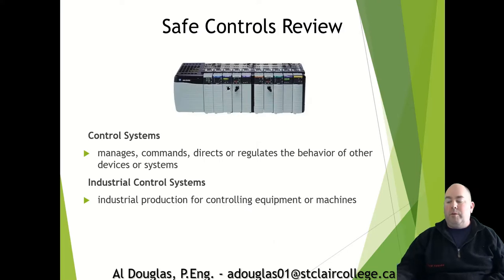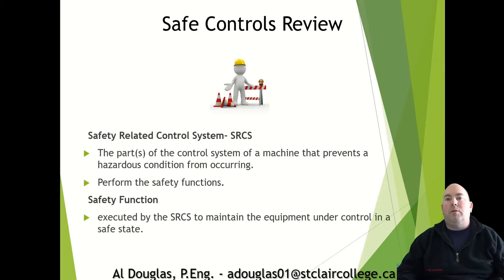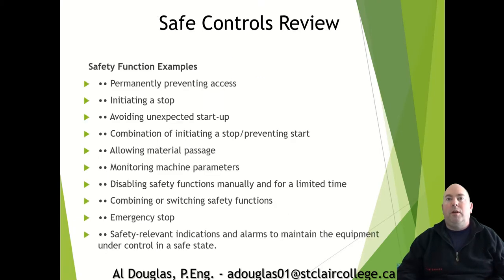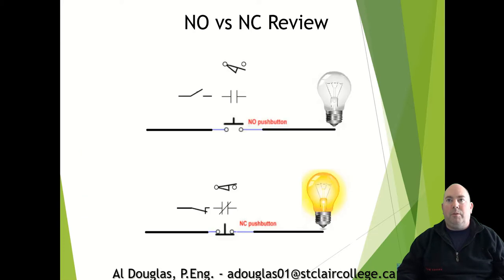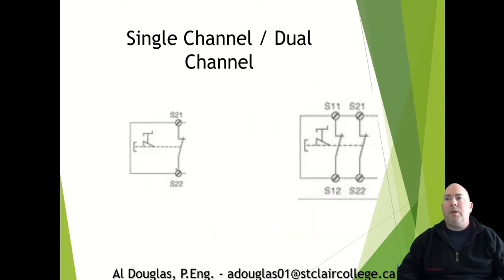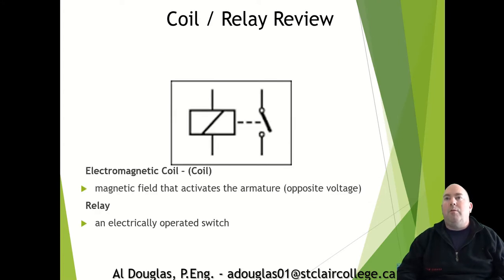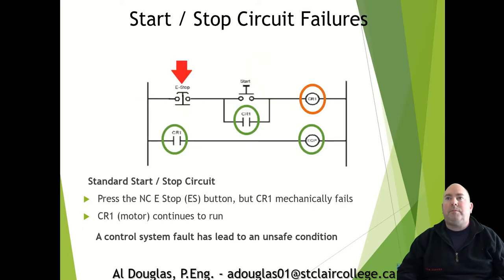So, a little bit of a review. We talked about control systems and what they do. We talked about safety-related control systems, in particular different examples of safety functions. We talked about normally open versus normally closed, dual channel versus single channel, how a relay functions. We talked about that last week. And then we talked about the basic safety circuit, and we also talked about the problems with this basic safety